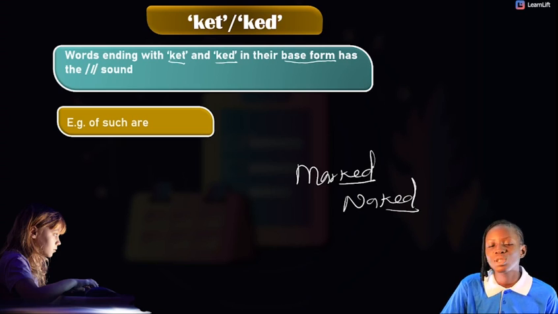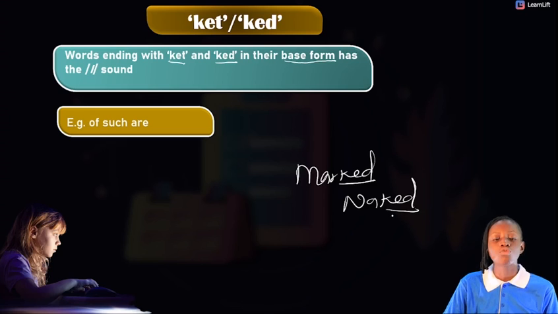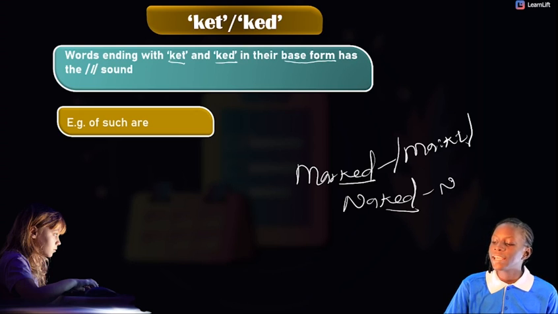My marked ends with KED, but it is not in its base form, but rather its past form. But my naked ends with KED, and that is its base form. Let's compare the two. Now this is marked, transcribed as this. Marked. Well, this is naked,